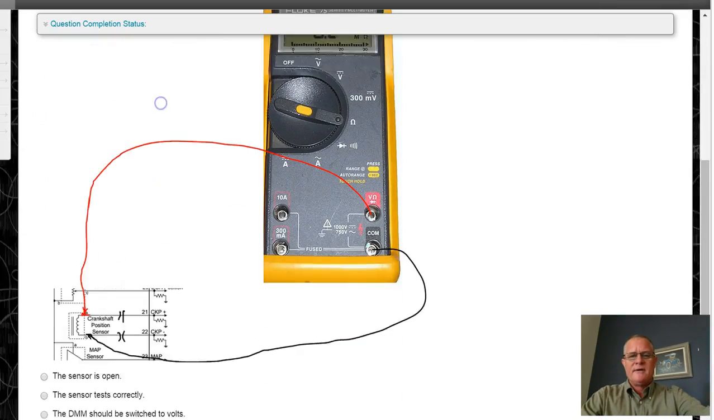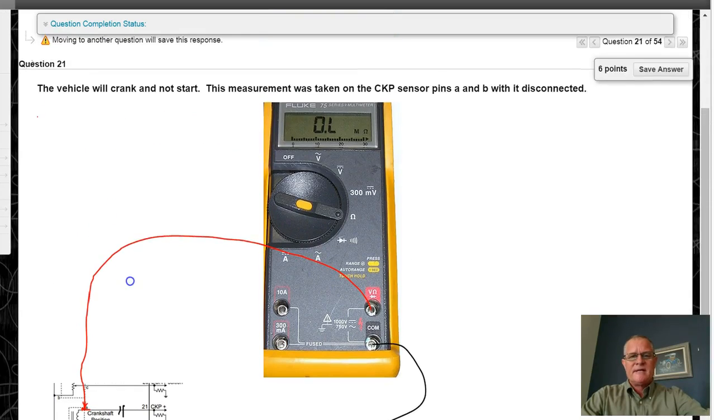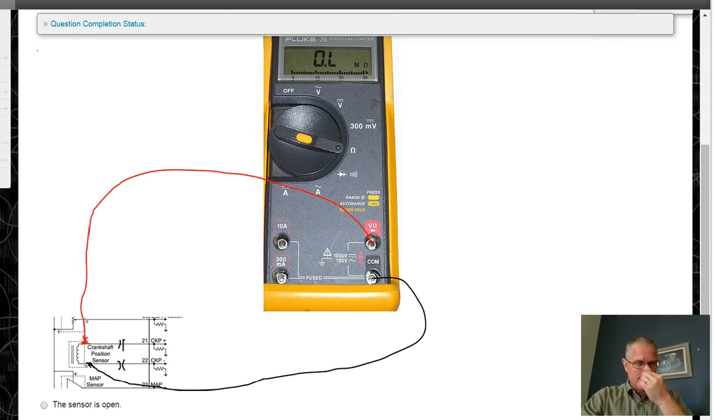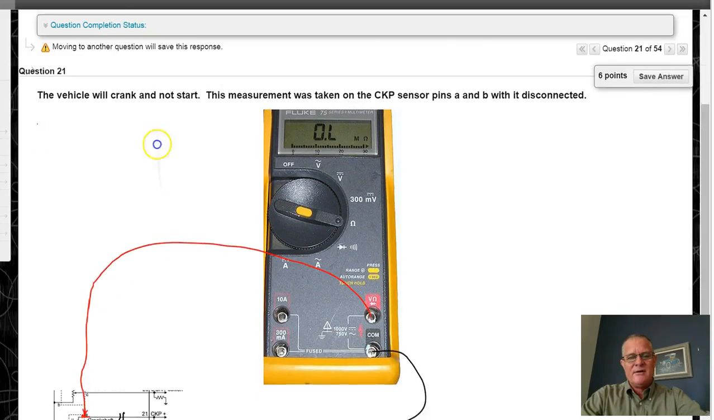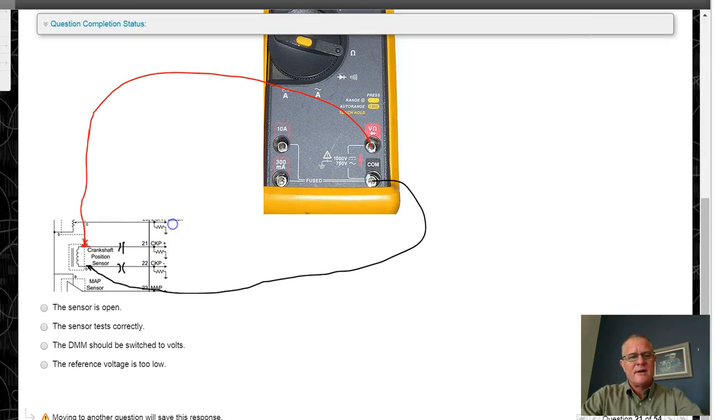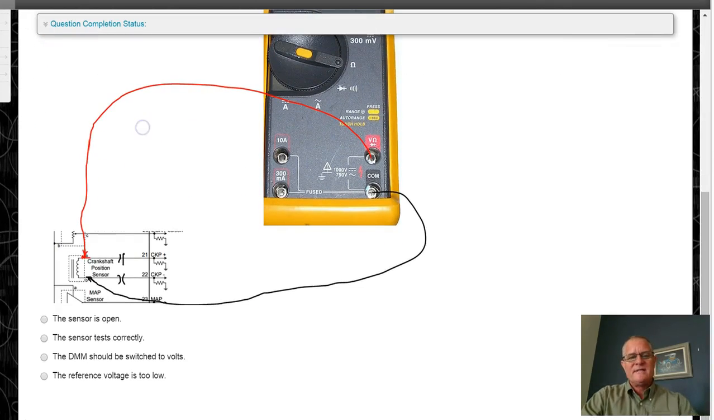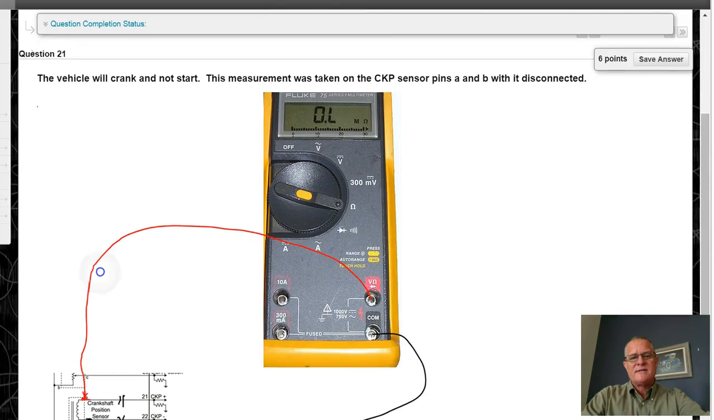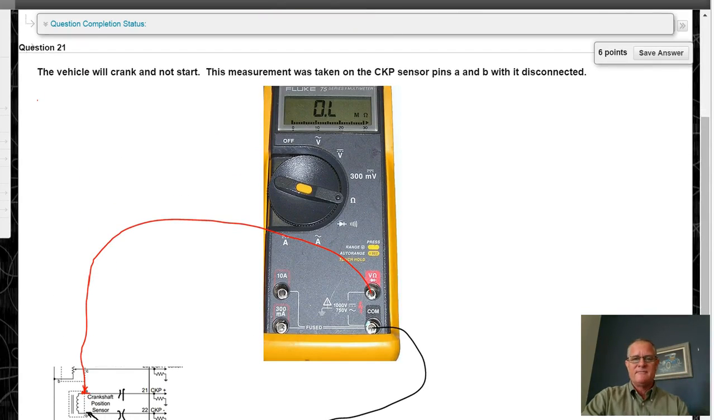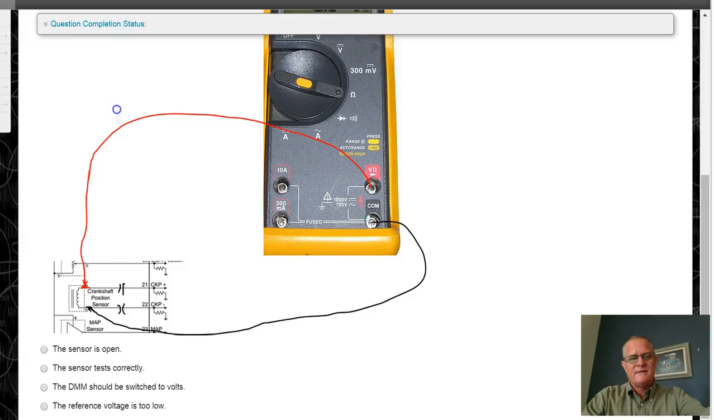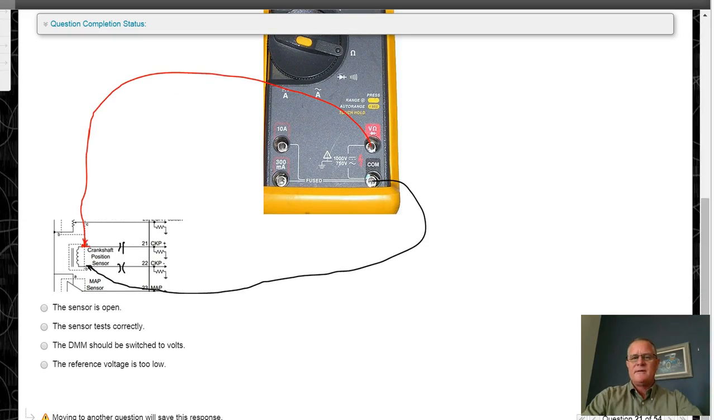Here's one showing a Jing, again, a capture of a meter, and it's going back to that crankshaft position sensor again because it's so important. It's saying, based on this value, what's the condition? Is it open? Is it testing correctly? Should I switch the DMM to a different trigger level, or what's going on? So anyway, just a real quick